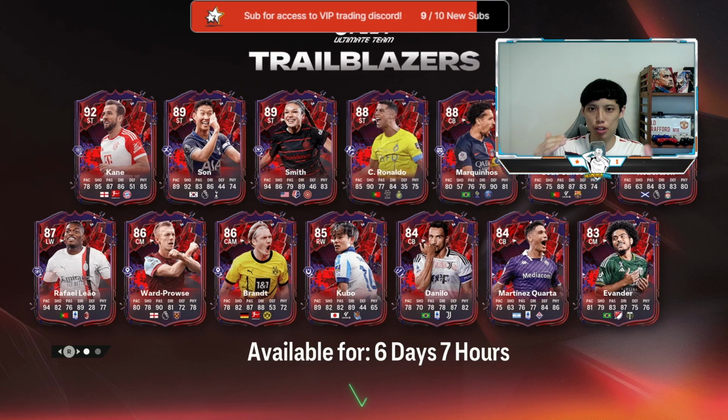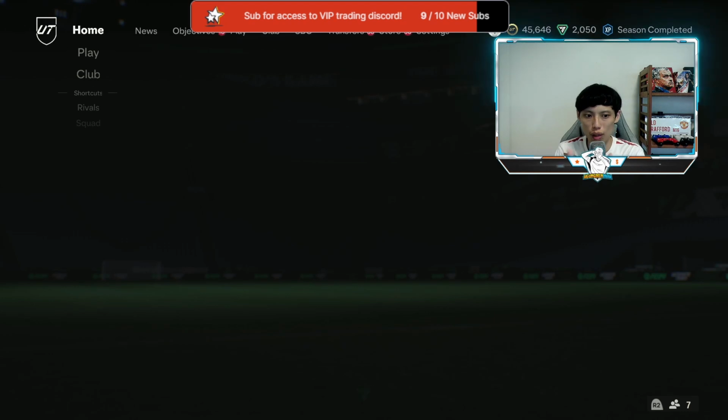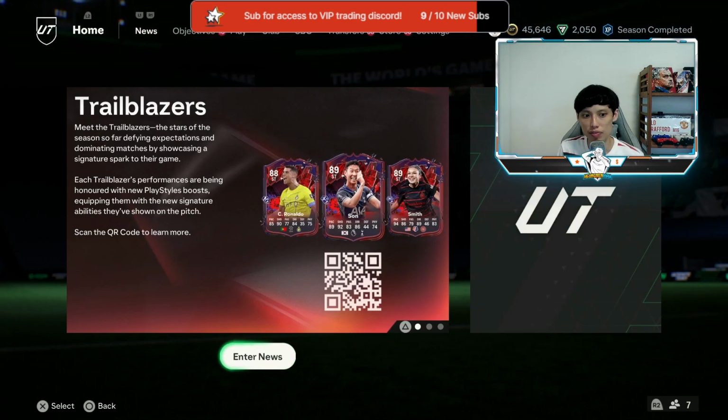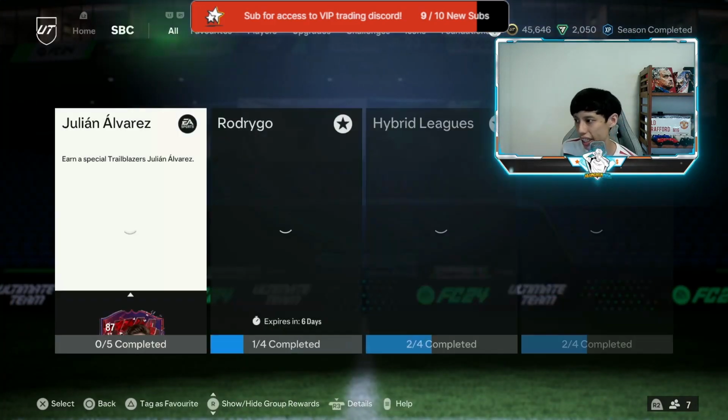So we have this absolutely insane glitch that literally broke the game. I'm gonna talk about what to do with our investment and of course what other things that we can actually invest in today. So the first thing I want to talk about is actually the player SBC that we have gotten,